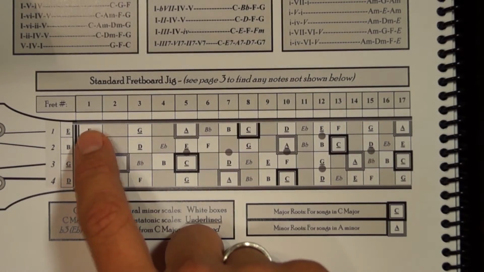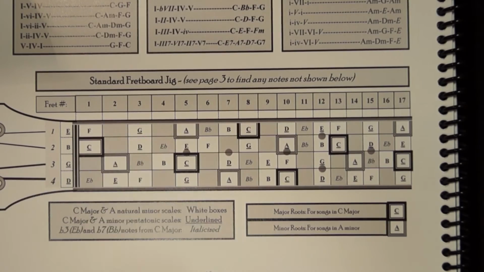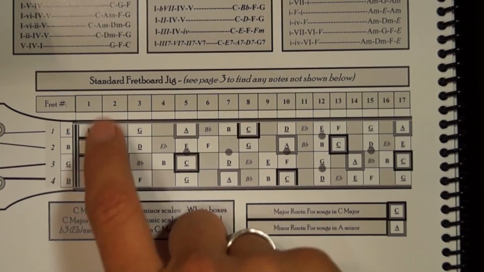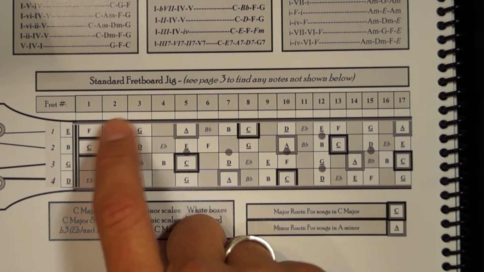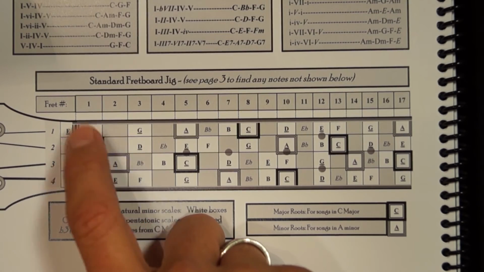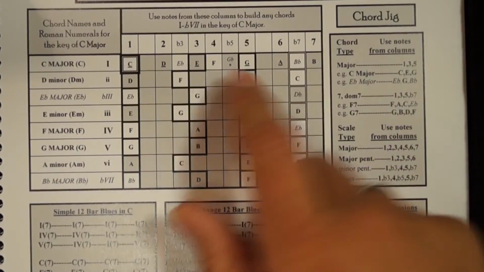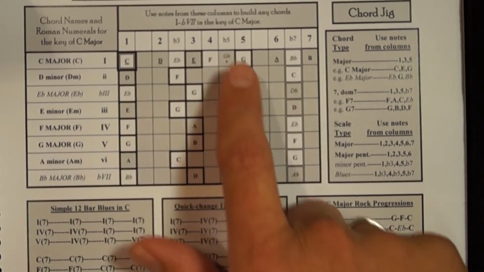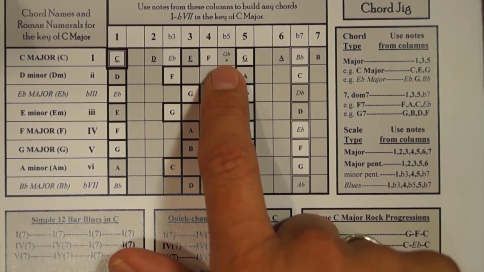Now I'm on F, and maybe to get to the G, I'll play F, E, G. Or I can walk straight up like this. If you saw my blues scale video, this first string, second fret, the note in between F and G is called the flat 5. I'll show you real quick here. The note between the F and G is called the flat 5 note,